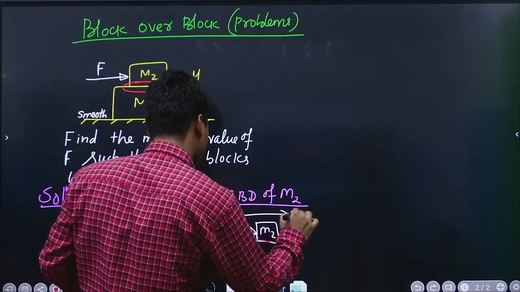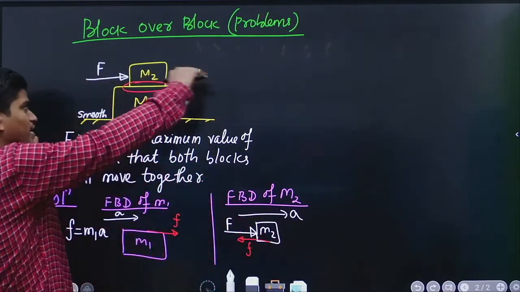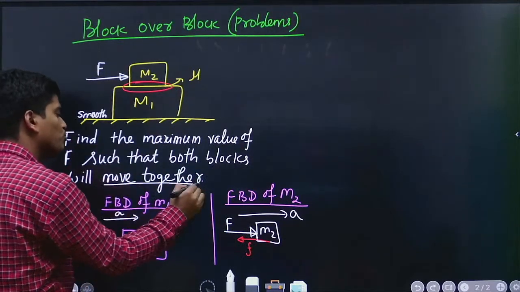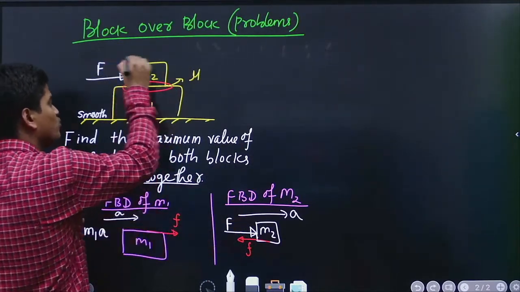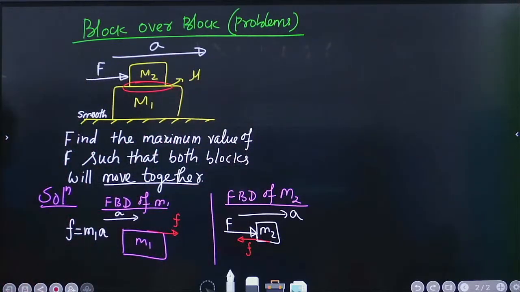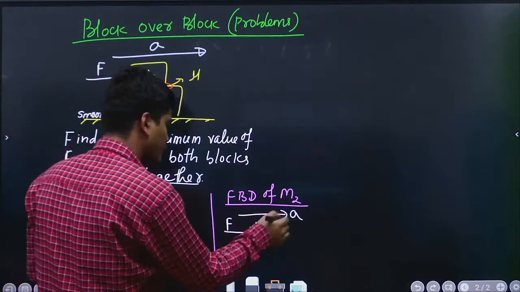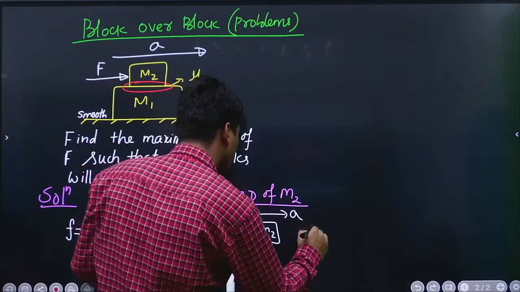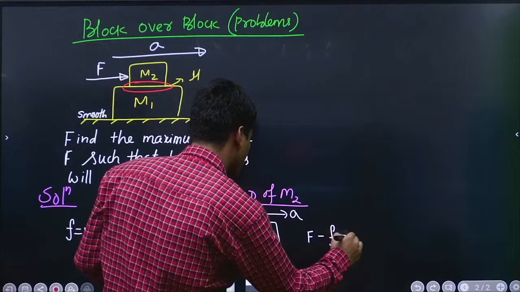The acceleration is a in the forward direction, because both should move together, so the acceleration is the same, and we are considering this forward or right side direction. Now if we apply Newton's laws of motion, we get F minus f equal to